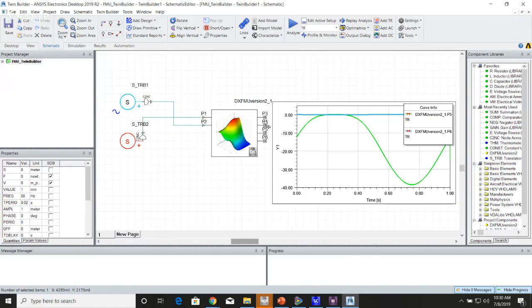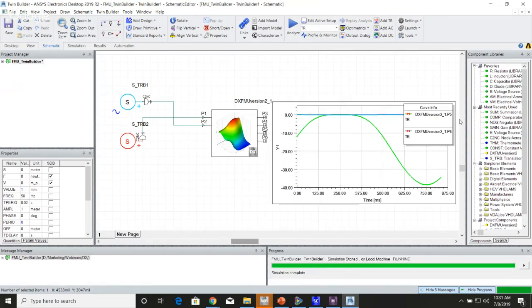We have output here for the XYZ as well as the rotational degrees of freedom, and we can do a very quick analysis, a transient simulation of what happens if I move my steel plate in a sinusoidal fashion near the magnet. Running a simulation here, it's fully transient with millisecond or microsecond accuracy,